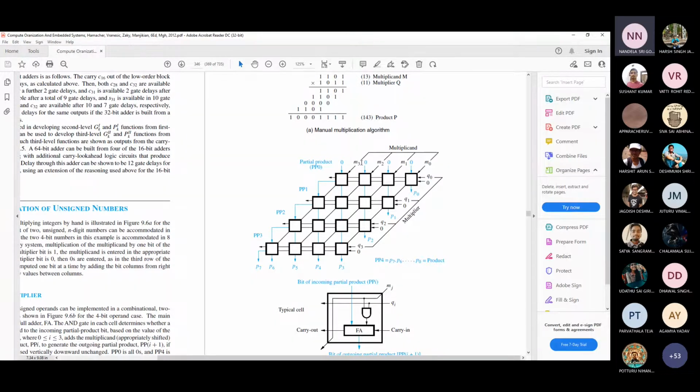It also takes a 0 input for the first partial result because the initial partial result is not available. So assume the initial partial result is 0, which is basically used to add. That's why there is a full adder available. Carefully look into this circuit. It does an AND operation with the corresponding multiplier bit. Ideally we multiply this with this, and this multiplication is nothing but an ANDing operation. 1-bit multiplication is ANDing.